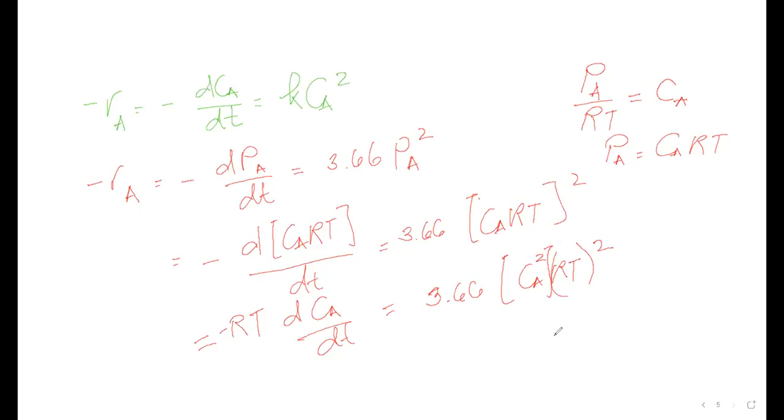Then what do we do? We cancel, miss. Okay, we cancel this one, we cancel one RT here, right? So you have negative dCA dt is equal to